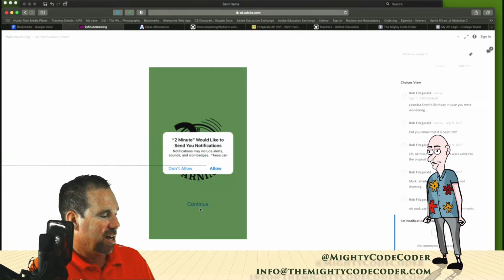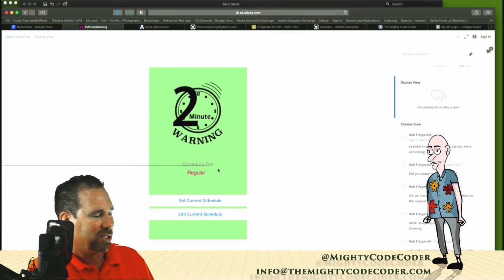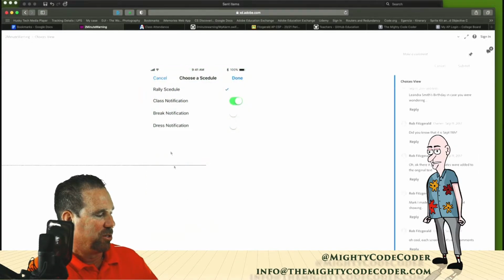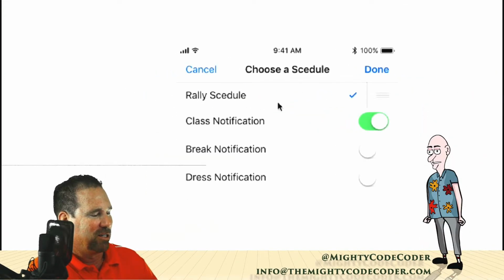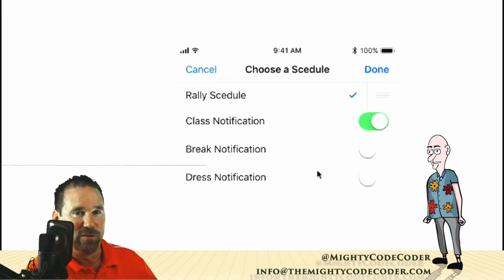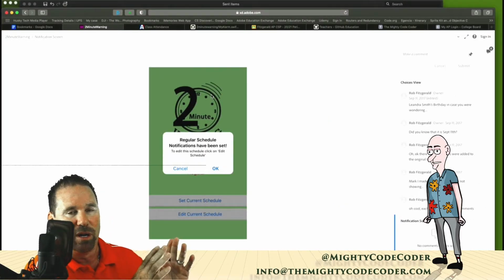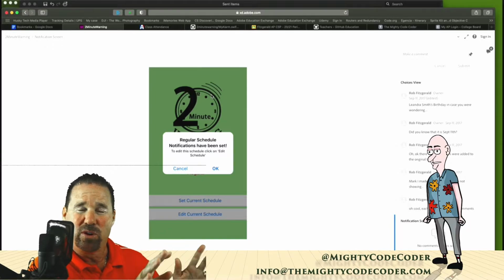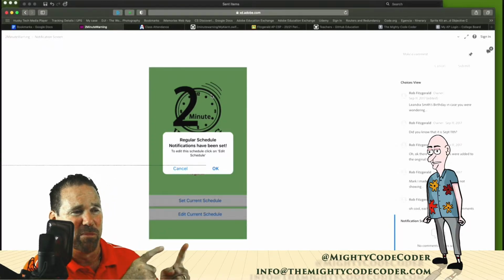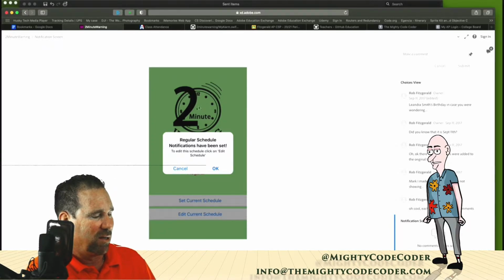Okay, so if you click on it, you can see the current schedule, which is regular, set this current, or you could edit to switch to a different schedule, rally schedule, and you could get notifications for class, break, dress notification for PE, whatever, and then hit done. So your entire app should work as a prototype before you code anything. This is really just like a PowerPoint. There's no code behind this at all. Okay, so though it sounds like it's working,